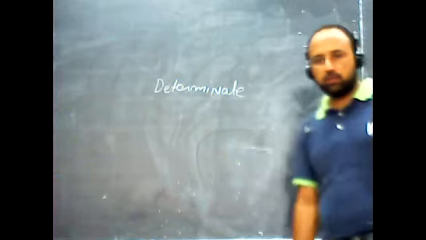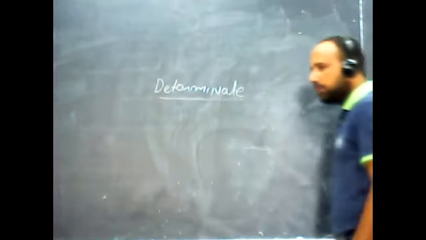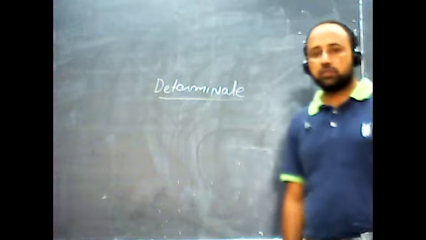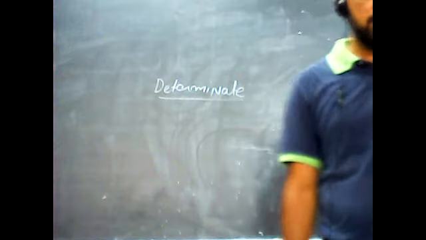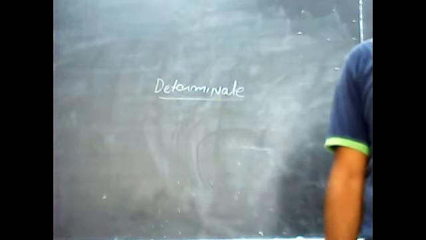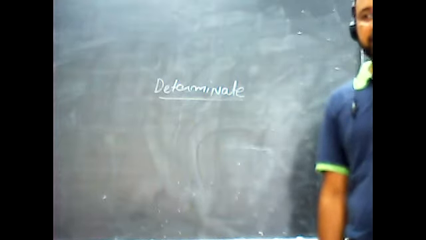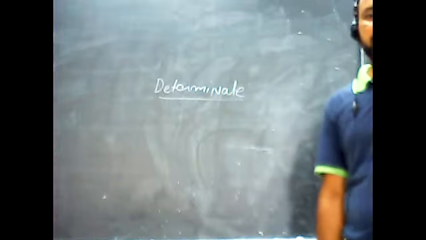Okay, fine. So determinate and indeterminate structure. Before we start determinacy, we should know about the support system, which I already explained in the previous class. We will solve some problems to calculate determinacy of the structure. First we have to understand determinate, then indeterminate, and then we will calculate indeterminacy of the structure. There are two types: one is static indeterminacy, the other is kinematic indeterminacy. Static is again divided into two parts: internal static indeterminacy and external static indeterminacy.